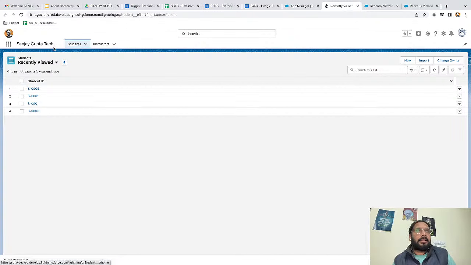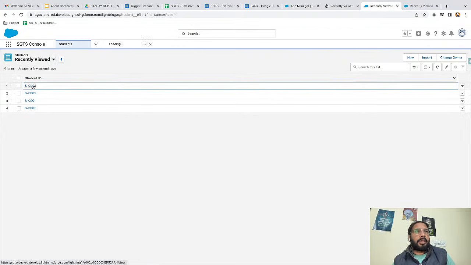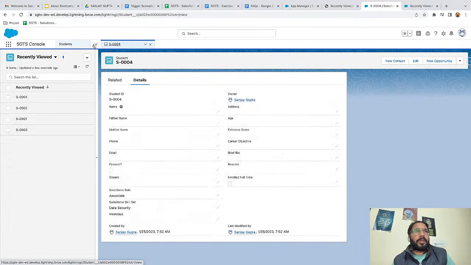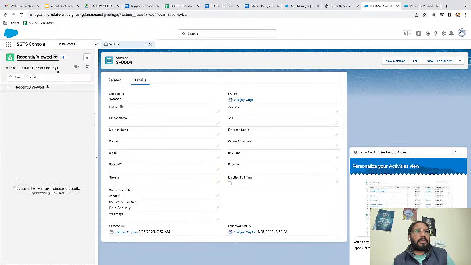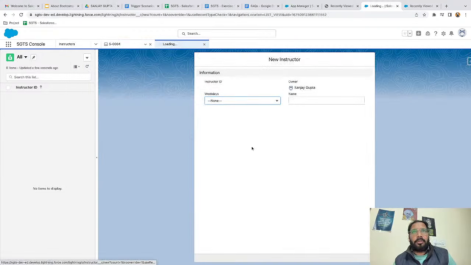Here you can see this application is opened, which is having standard navigation, right? Now, if I go here, you can see it is having console navigation. If I click on a particular tab, its record will be opened in new tab. Now, if I select any other tab and open any of the records from here, it will be opened in new tab, right? In the instructors tab, I don't have any record as of now, so if I want to create new,